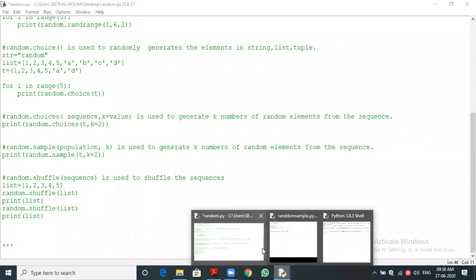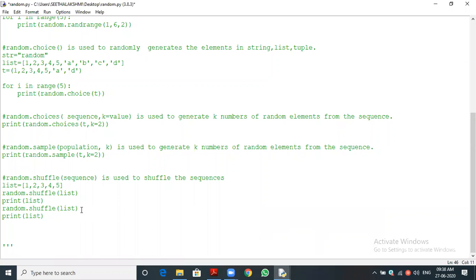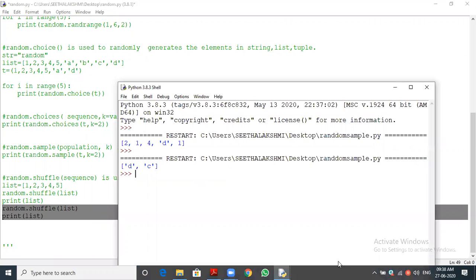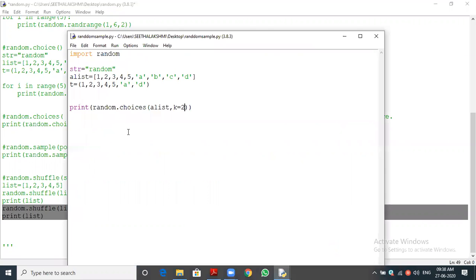One minute. I'm just copying this. So I'm using the shuffle function and a list, A list, and directly I'm printing it.